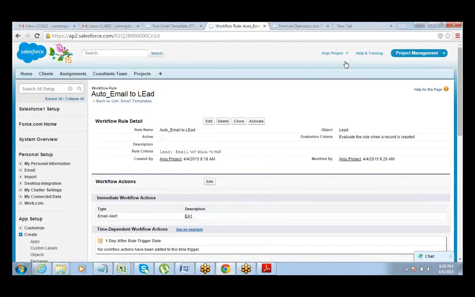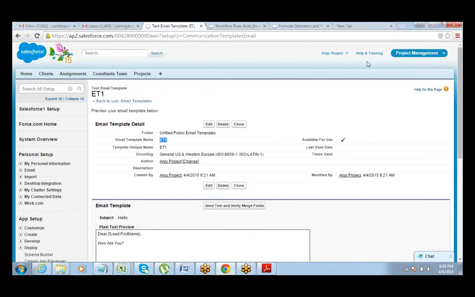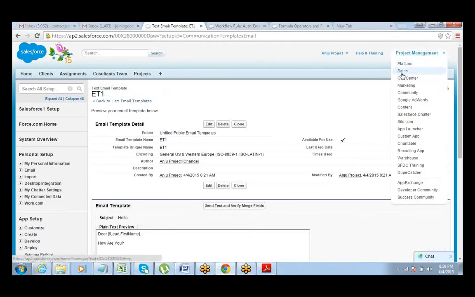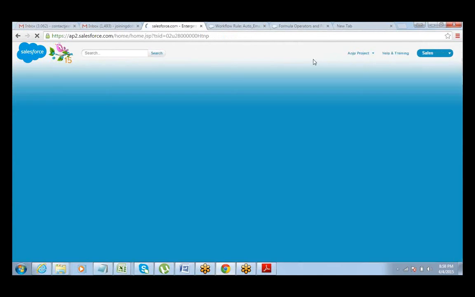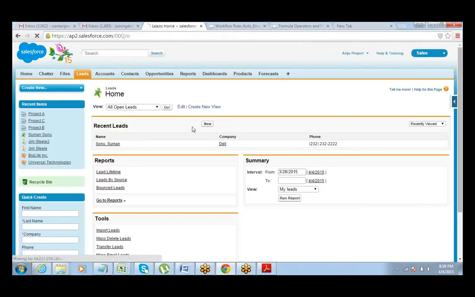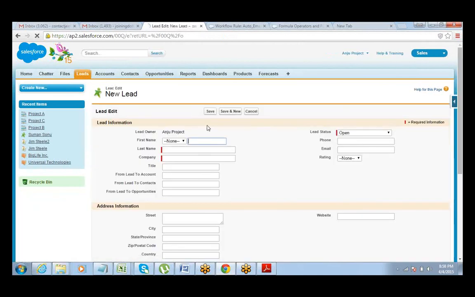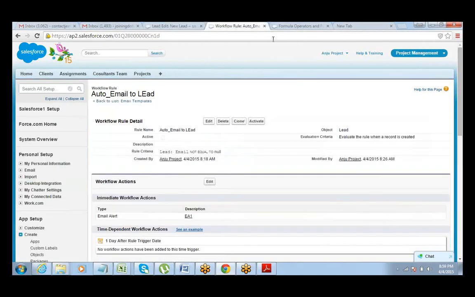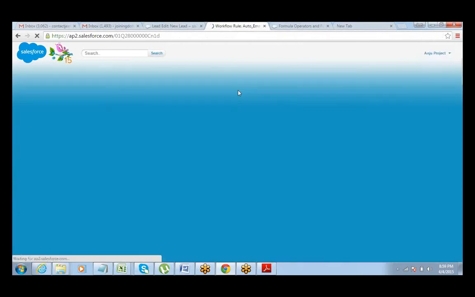So let me quickly go and check if my workflow rule is working. Lead, so it should be under the sales app. So let me create a lead. Let's see. Active.